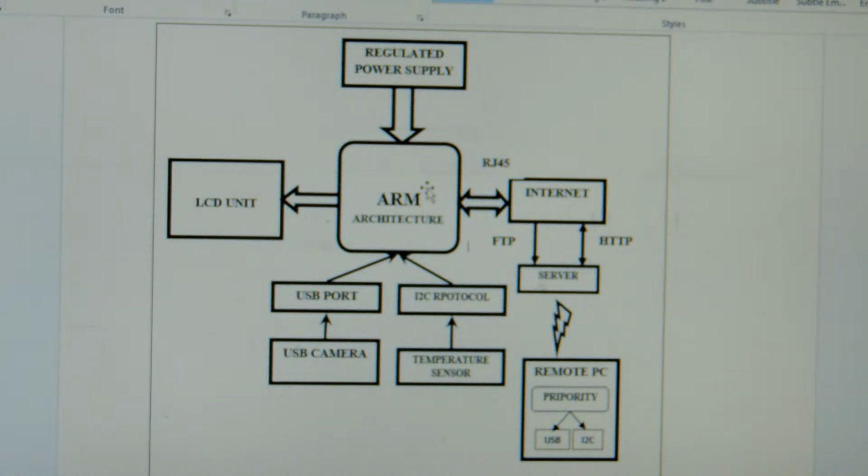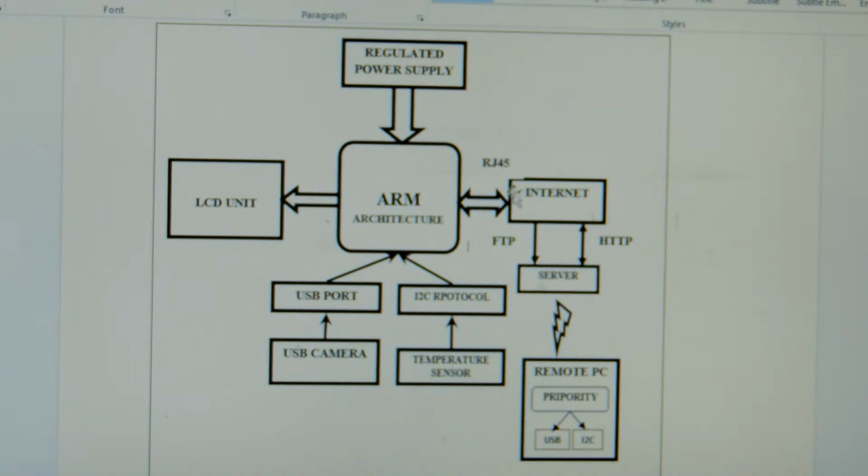Nothing special here. What is special in this project will be the real-time task scheduling. By using an Ethernet cable from the industries, you may get the data wired or wirelessly, using different kinds of protocols. It doesn't matter. After receiving this data at the control panel, your ARM architecture board is nothing but your control board here. Whatever data you are receiving from the industries, you are going to present online by creating an IP address.